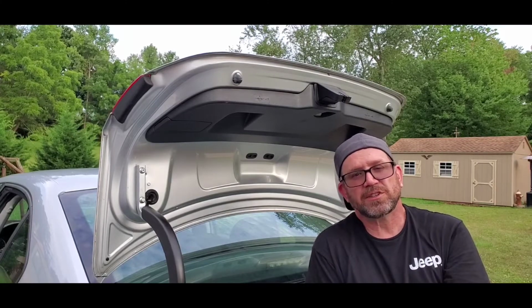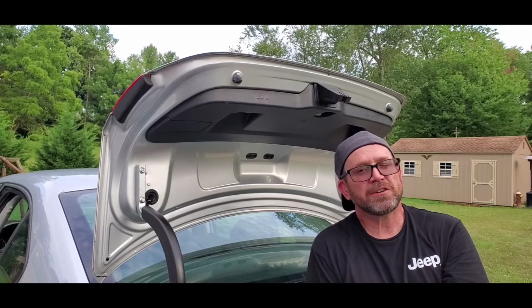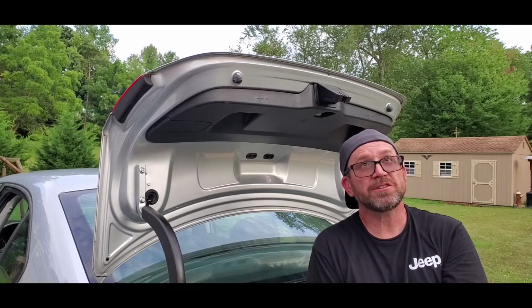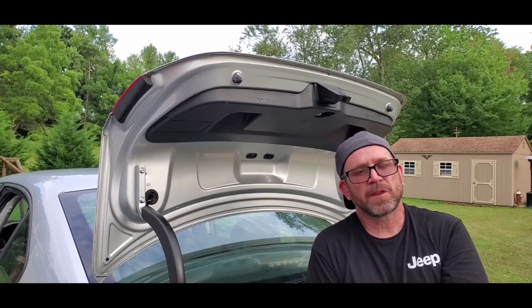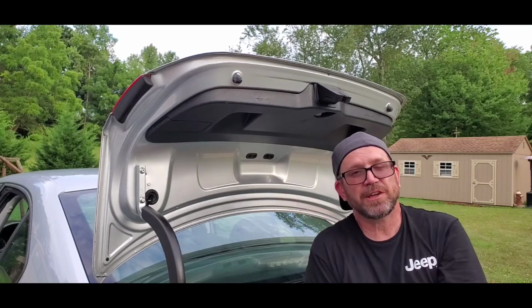All you needed was a slotted screwdriver, a Torx 20 screwdriver, and needle nose pliers. And what else did I use? That was it. Needle nose pliers, screwdriver, and Torx wrench. Oh, and yeah, that's all I needed. So, oh yeah, and a 10mm ratchet. Okay, but other than that,